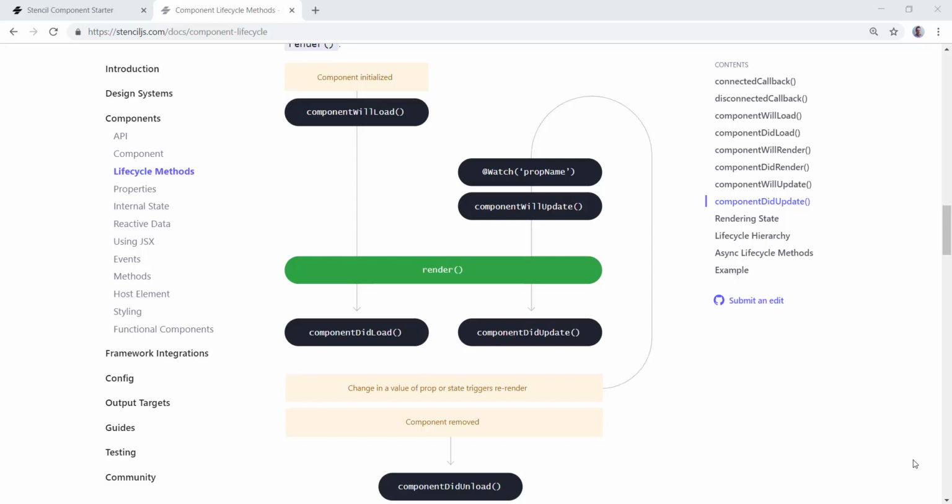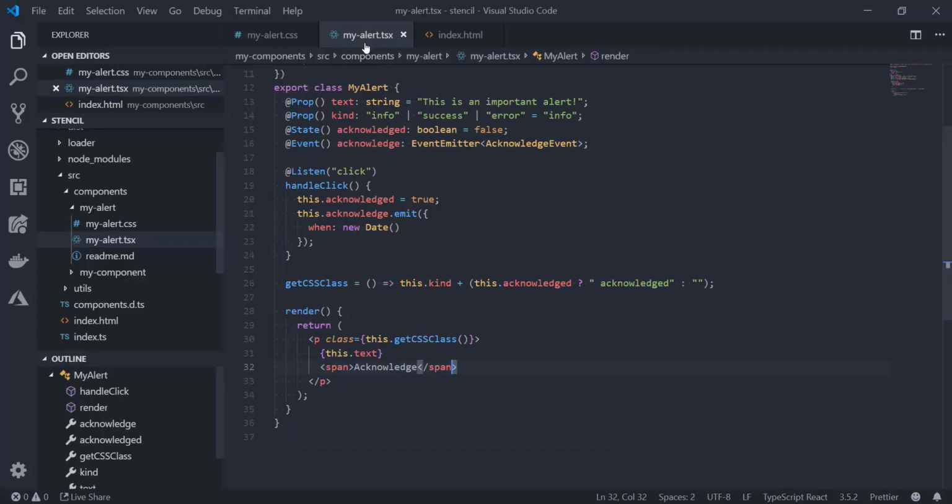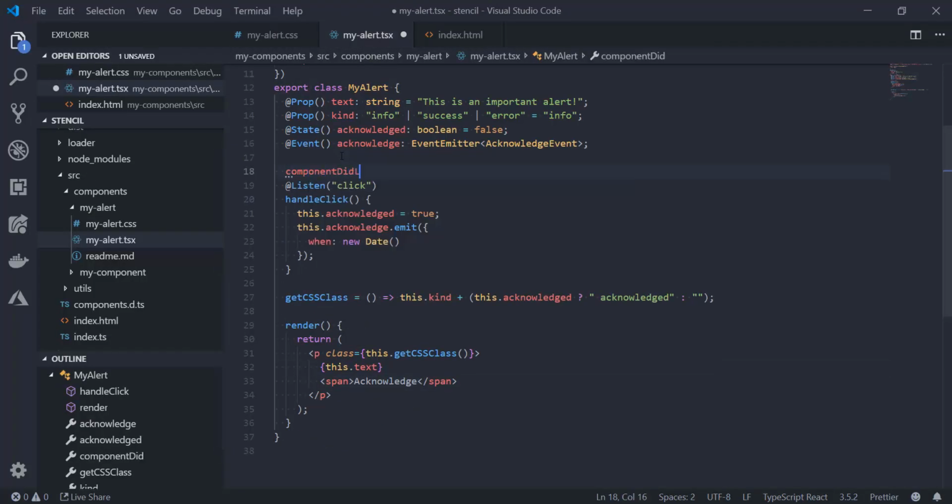We've already used the render method. The other method that's heavily used is component did load, and that's after the first render when the component's been loaded into the DOM. Component did update occurs when some state has changed or a prop has changed and the component re-renders and updates. So we're going to have a little play around with both the component did load and did update methods in our alert component. We're simply going to add these methods to our alert component